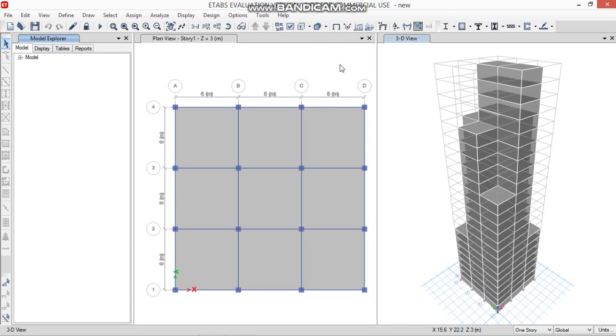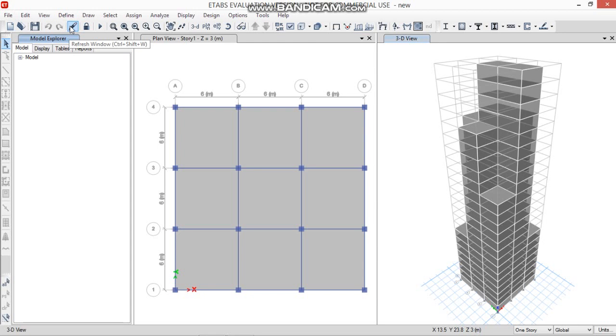So for loads, open the ETAP software, go to the previously saved file of tall building design and run analysis. From the model explorer tab, you can get access to column forces. Just make sure that you have selected the story as Story 1, because we need to apply forces at the bottommost story, and the load combinations as dead and live load accordingly, whichever value you want to get, and the station as 0 meter.